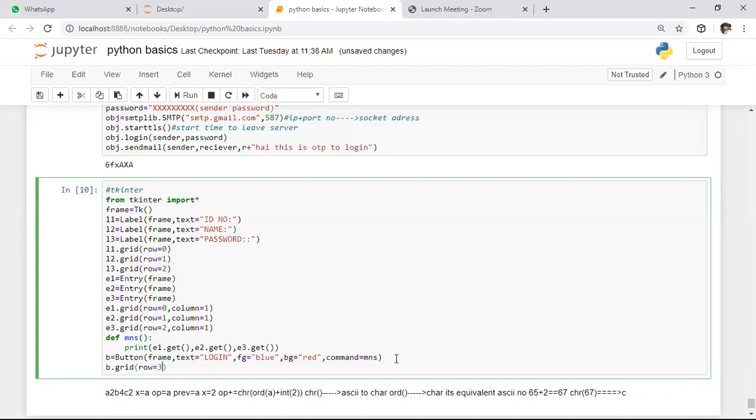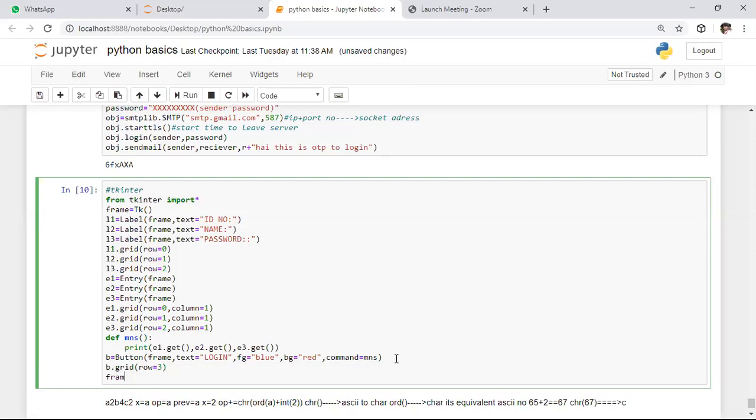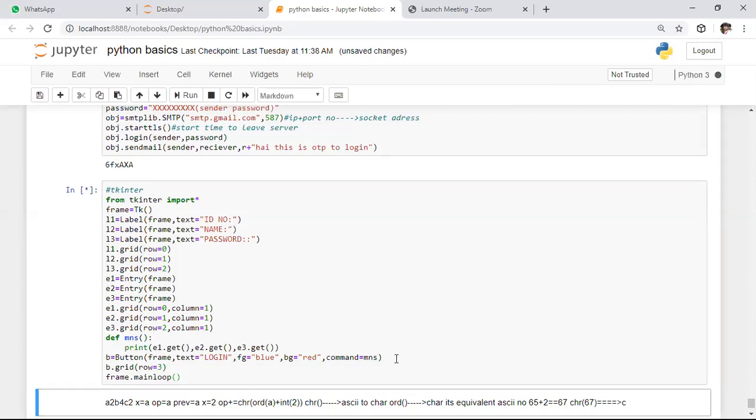After this, we created the frame till now, and after executing this entire program, we need to terminate the created frame. To do that, we use the main loop function. Main loop is a function which is used to terminate the created frame. Then I am executing this entire portion.